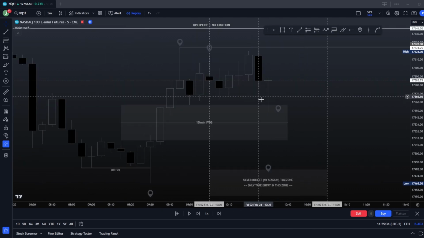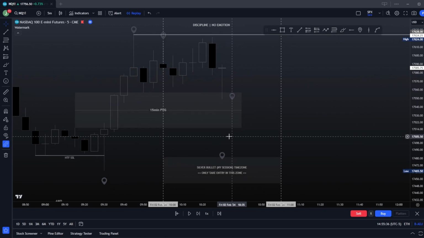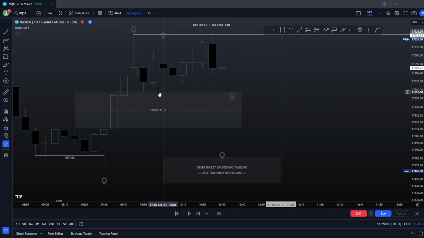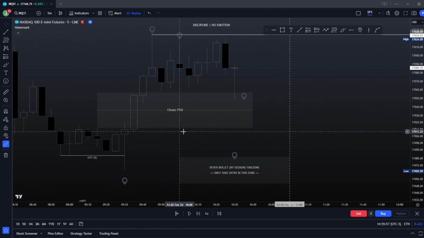So, like I said, I haven't seen anybody notice. Remember, going through our confluences, what confluences do we have? Liquidity sweep, we check that off. Market structure shift, that creates a fair value gap. On the 1 minute, we kind of got that, not really. The 5 minute kind of disregards it. However,